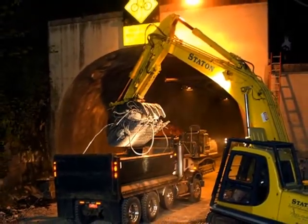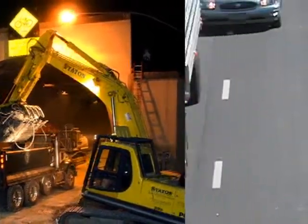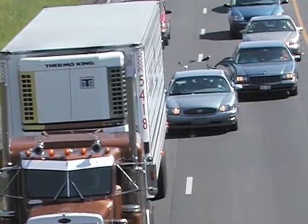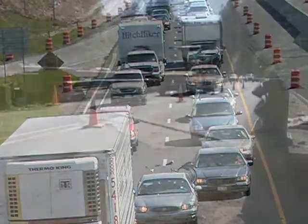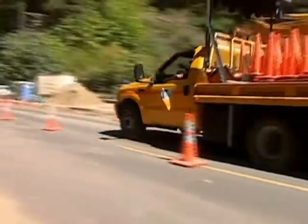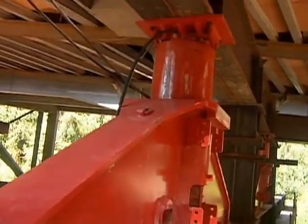What's more, reducing the existing two-lane highway to one would have erased a minimum of 20 minutes daily from the lives of nearby Elkton residents for over 6 months, not to mention all those traveling to the Oregon coast. Enter T.Y. Lin International, Slayton Construction, and their rapid replacement technique, tag teaming with Mammoth, a pioneer in the development